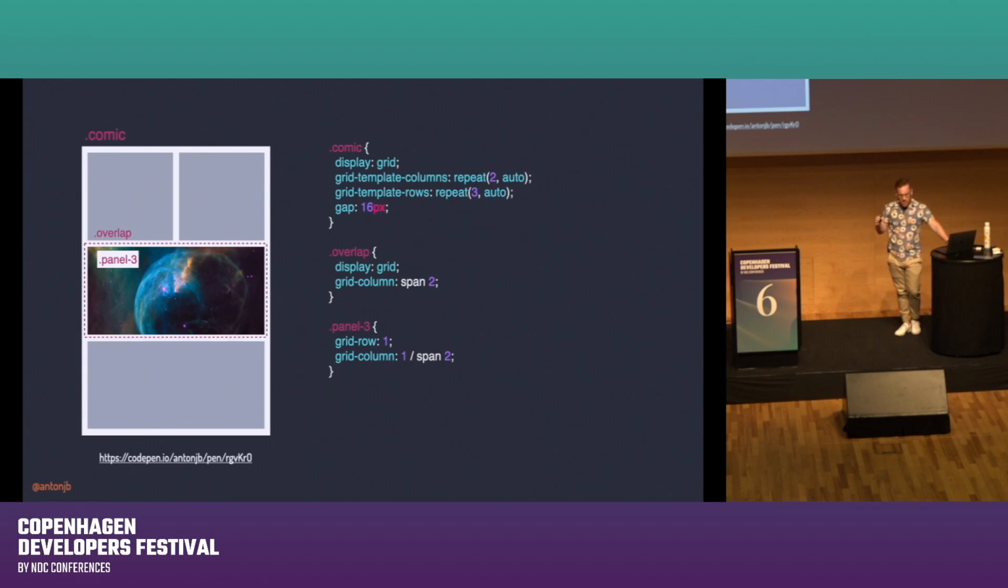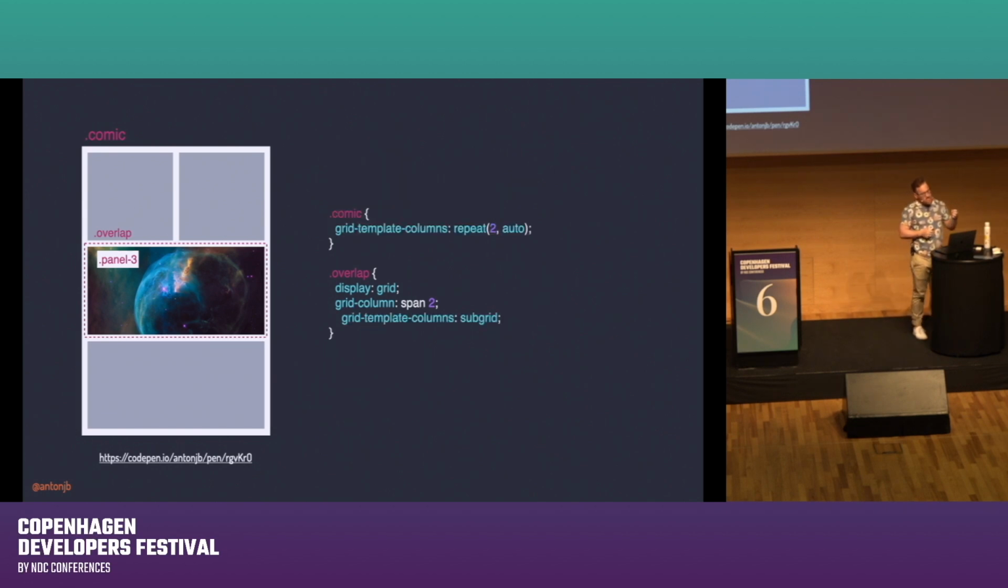So the technique works. We have our panel 3 there, which has the solar system inside it, and that's got a container around it. That container has grid on it. We span it 2, so it's filling up the whole area, and the panel 3 with the solar system is going grid row 1, and then 1 through to 2, so it's filling up the whole area. Now,